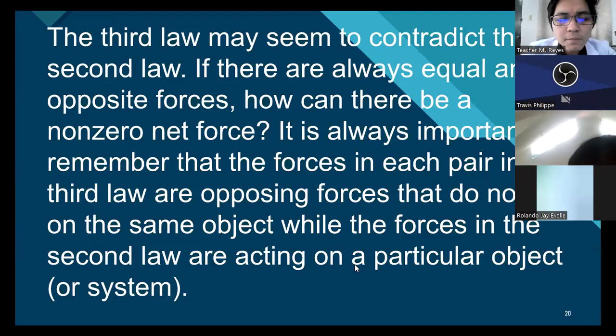The third law of motion gives us the idea that for every action, there is always an equal and opposite reaction. So there are some opposing forces happening to that moving body or that certain object. Like for example, if you drop a pen on your table,